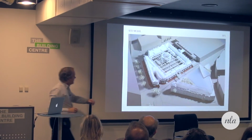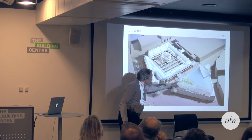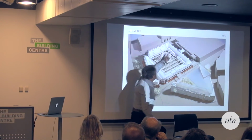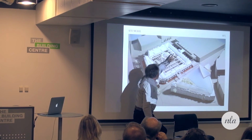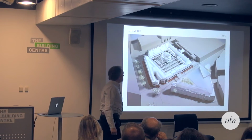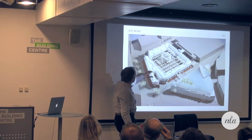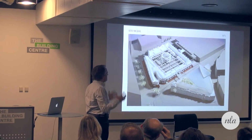So here we have the general market. This is the fish market and the Red House building. Now, one point I want to bring up here, sorry if you're over here, this is the East Poultry link that we're enclosing and forming an opening in. We're proposing to raise the dome, which at the moment is quite a flat dome. We're looking to put a collar in here, almost a clerestory, to allow light to drop down to focus more on here, because Horace Jones obviously designed a much taller